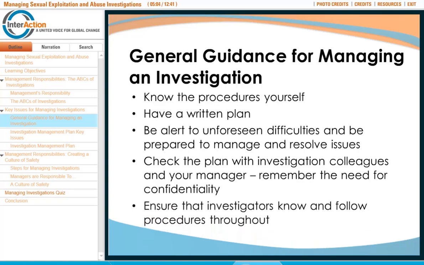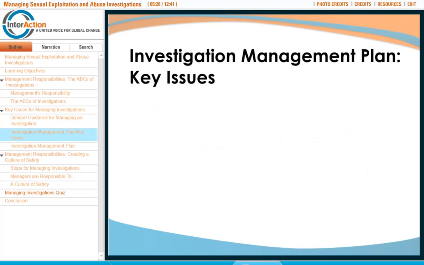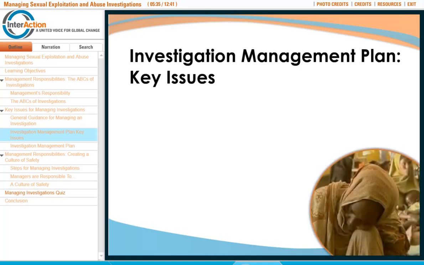Managers need to be clear with investigators about what the procedures are and that these procedures need to be followed, including agreement on the method of reporting back to the manager, who the manager must inform, such as human resources, CEO, or others, and on what aspects of the investigation, and how the complainant and subject of the complaint will be informed of the outcome. While the investigator will be responsible for developing a detailed investigation plan, the manager will be responsible for developing a management plan on the overall conduct of the investigation.